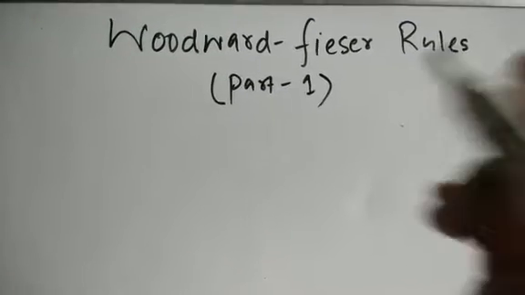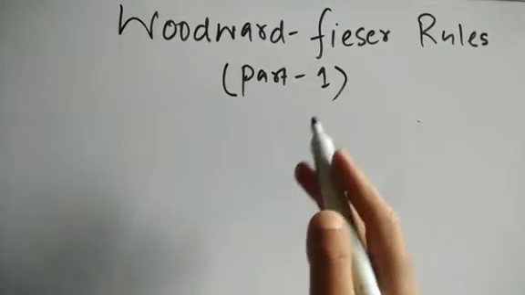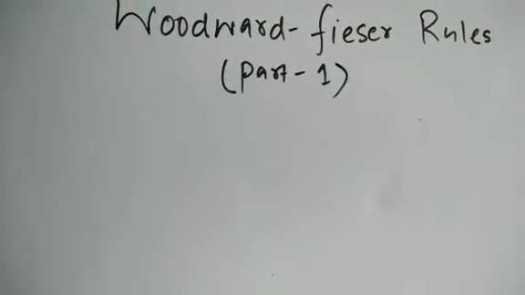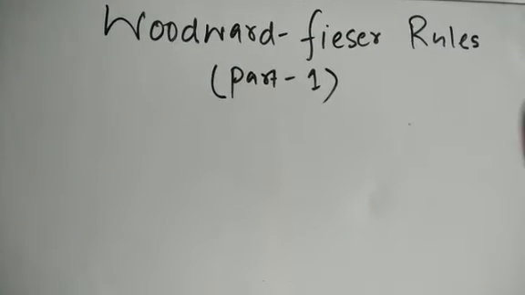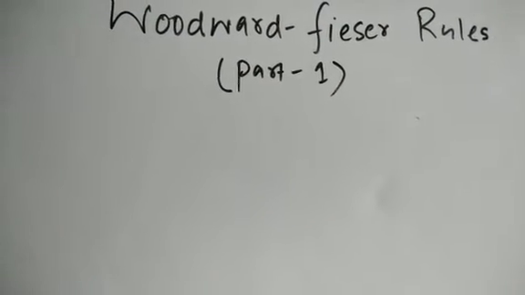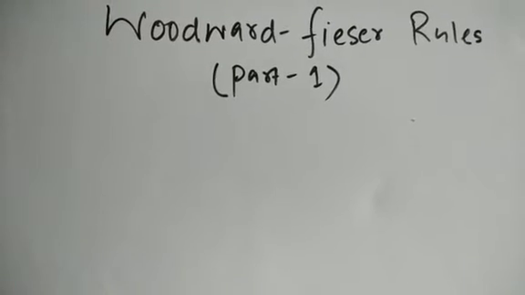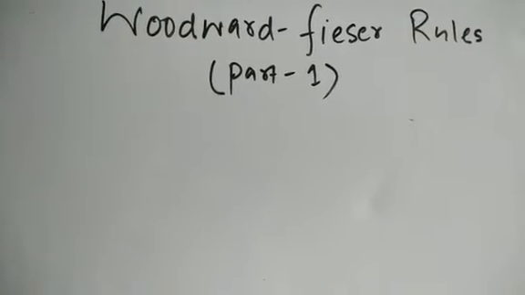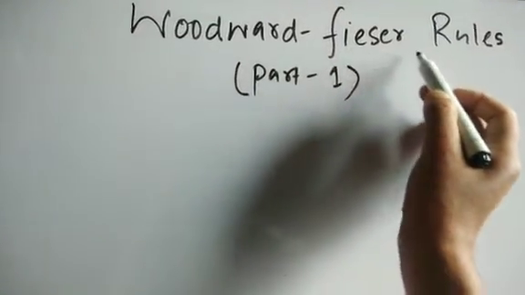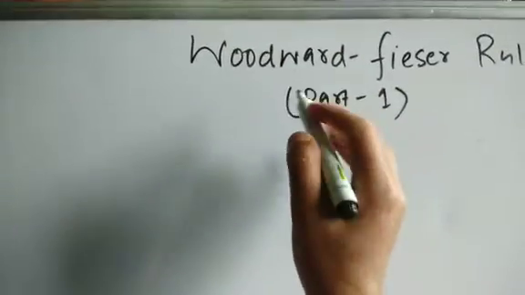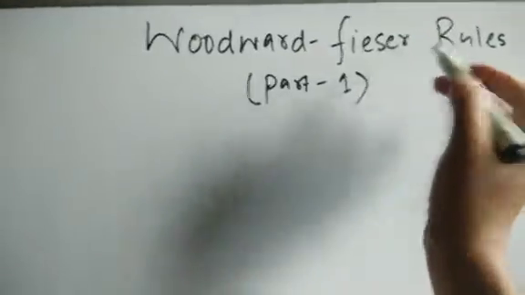Bismillahirrahmanirrahim. So today our topic is one of the most important topics as far as the objective type exams, CSIR, NET, GATE and related exams, are concerned. In the exercise a question comes, it's very important, actually. The rule is called the Woodward-Fieser rules. तो Woodward-Fieser rule जो है basically scientist का नाम है, उन्होंने एक rule दिया है, इस rule में